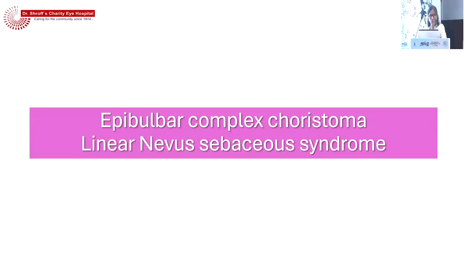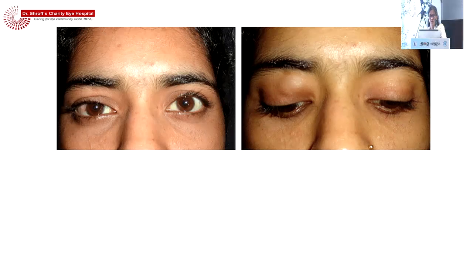So nevus sebaceous syndrome is one syndromic association which we should look for if your diagnosis is an epibulbar complex choriostoma. Now, moving on to the cystic lesion of the conjunctiva, most often the cystic lesions will be acquired following